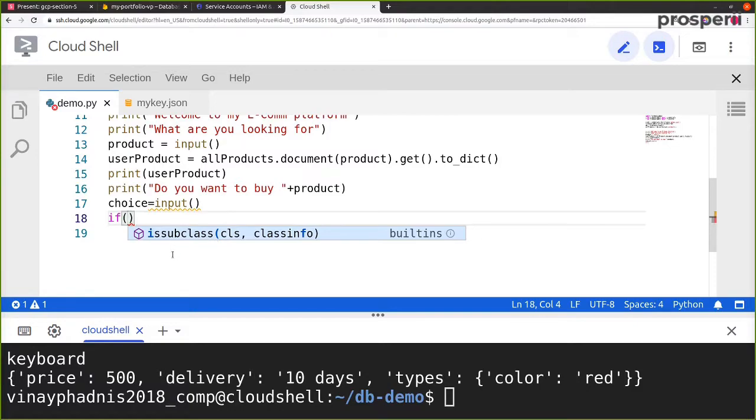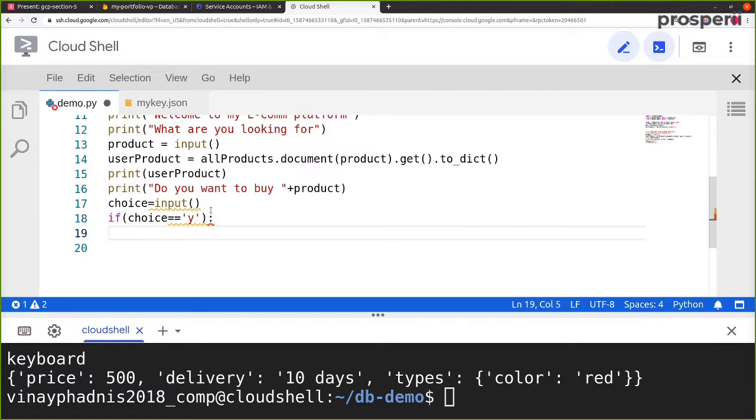So over here we have if choice is equal to y. So essentially if the user says yes, now we want to remove this particular document from the database. Okay, so over here now let's remove everything. So over here if choice is equal to y, then we have a colon, and now on a new line